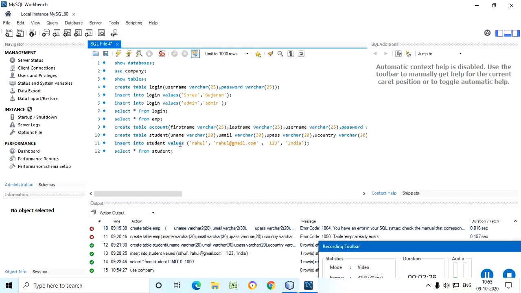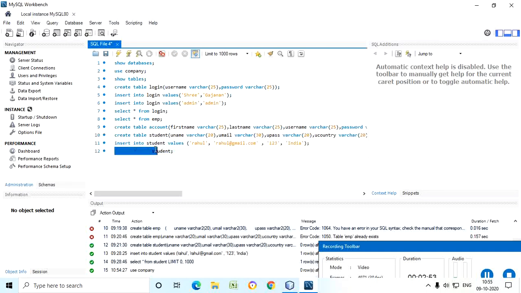If the data type is varchar in a database, you have to specify the values in single quotation marks. In Java we do not have a varchar data type, we have a string data type, so a varchar in the database is considered a string in Java programming. Afterwards, I fired this command: select star from student.